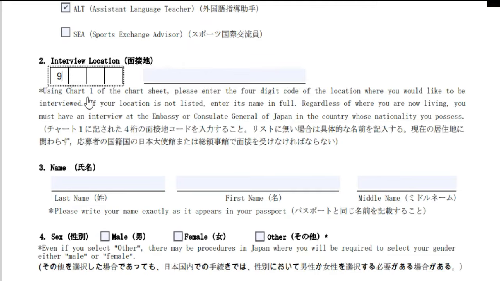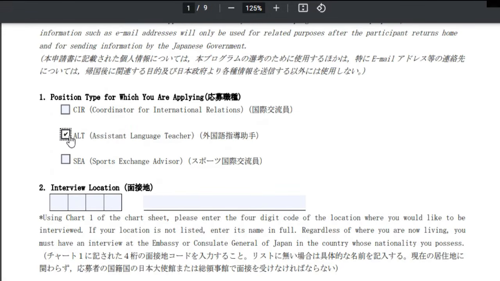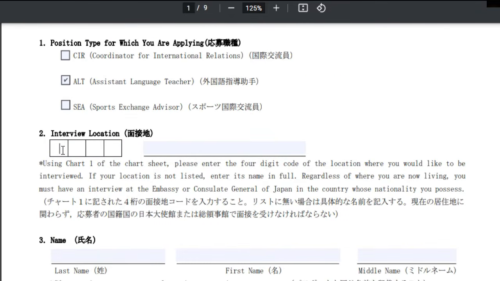Let's have 9999 and then I'm going to write here the specific location. I'm going to say Manila, Philippines. There you go. So this is for Microsoft Edge. Let's try entry in Chrome. I'm going to check ALT and then write 9999 and then Manila,